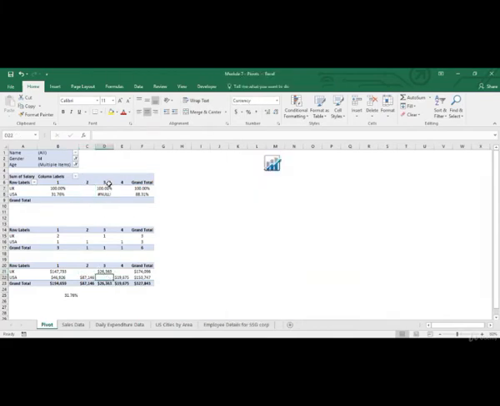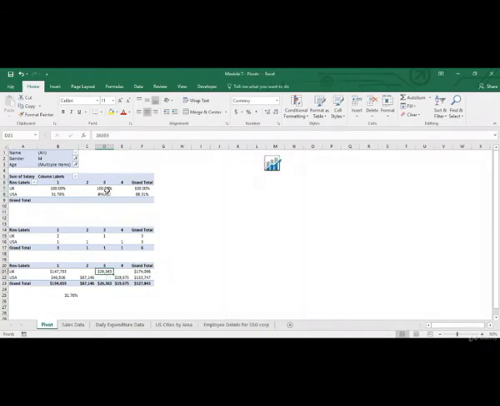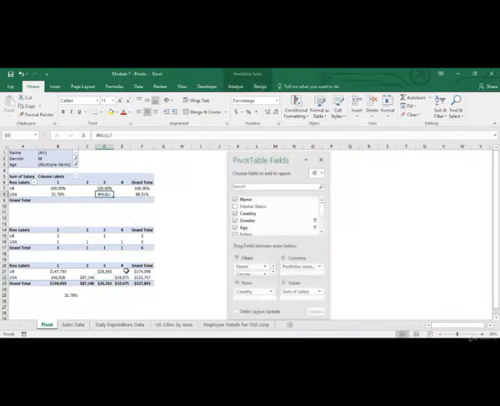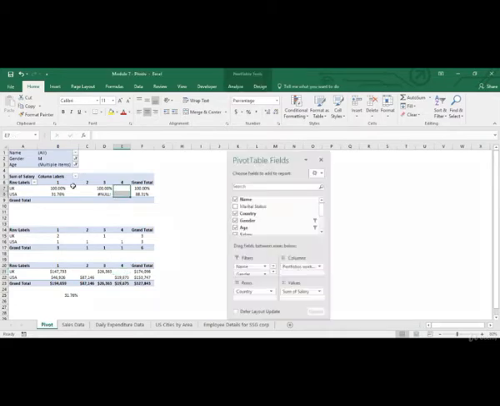Now for column label 3, when we divide 26k with itself, it will be 100%. But because there is no value over here, we are getting a hash null error. Similarly, for column label 4, because we do not have any value over here, we cannot divide $19,000 by anything. So that is why we are not getting any value over here also.